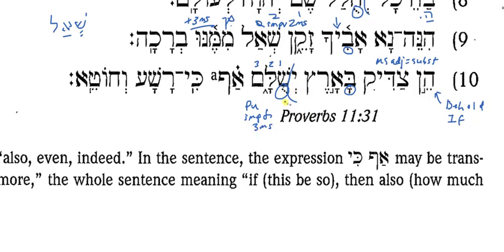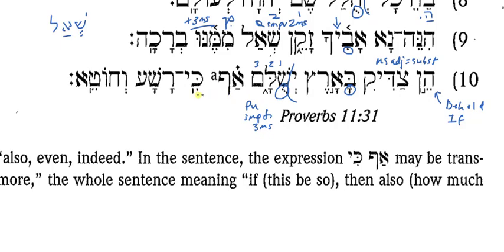Okay? Remember, the Qal, if you look at your book, in the vocab list, shalem would be something like to be whole, to be healthy, right? And the Piel, to make whole or to repay, to pay back, usually vengeance. So the Pual here is to be repaid. So if a righteous person in the land will be repaid, will be paid back,